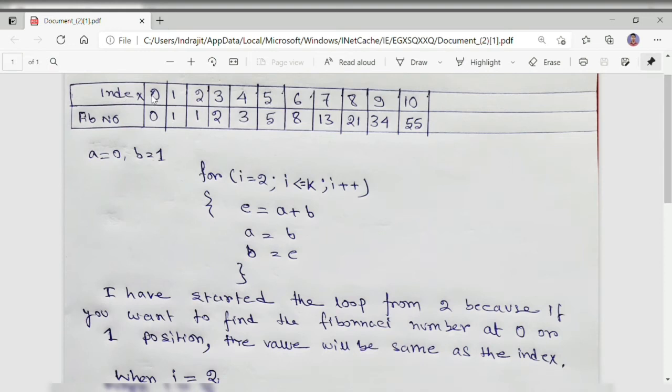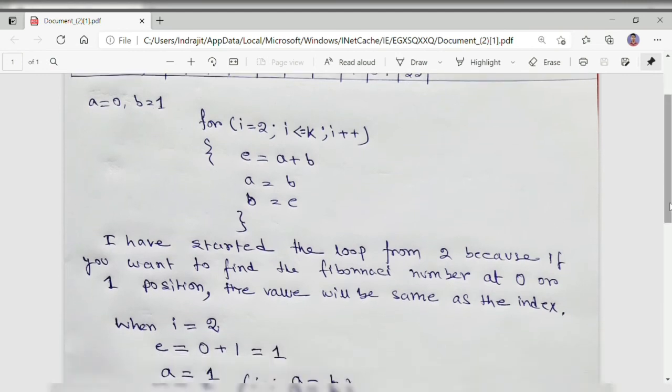See here, at index 0, the Fibonacci number is 0. At index 1, the Fibonacci number is 1. But from index 2, the number differs. So I have started the loop from 2 because at 0 or 1, the Fibonacci number is the same as the index. And I have initialized A as 0 and B as 1.